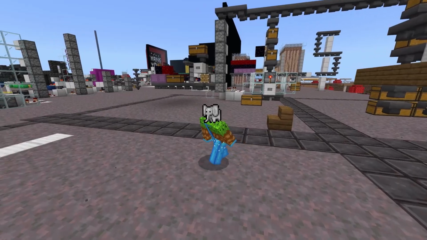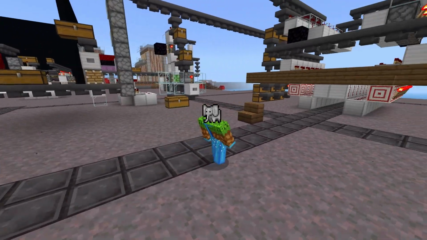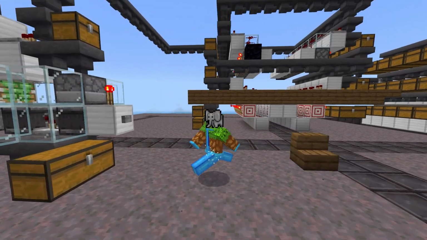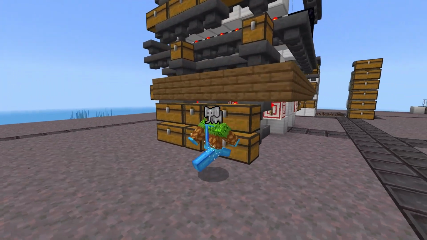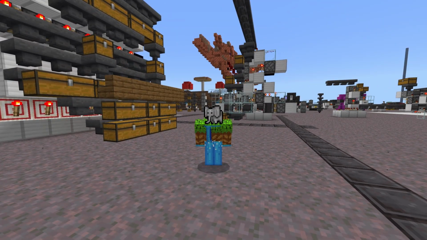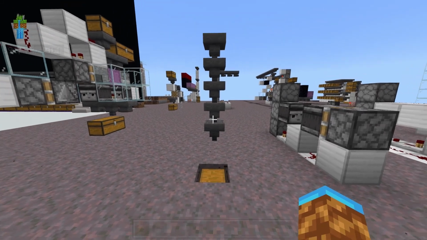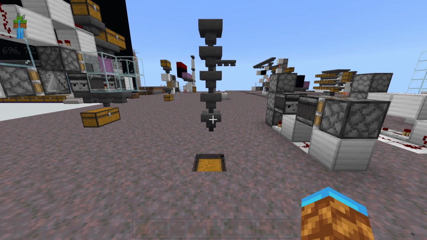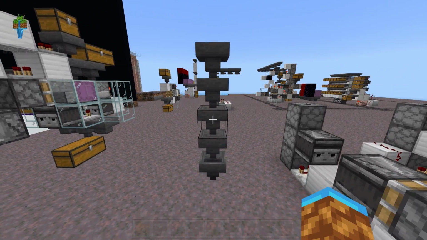And I don't actually have tutorials for the multi-item sorter or the shulker loaders and unloaders, but if that's something you would like me to do, just let me know in the comments and I will do my best to get it done. But there are tons of different designs from different people here on the YouTubes. There is a lot of stuff that we need to cover to answer any potential questions that you might have, so you can always check the timestamps if you want to skip to a specific section.